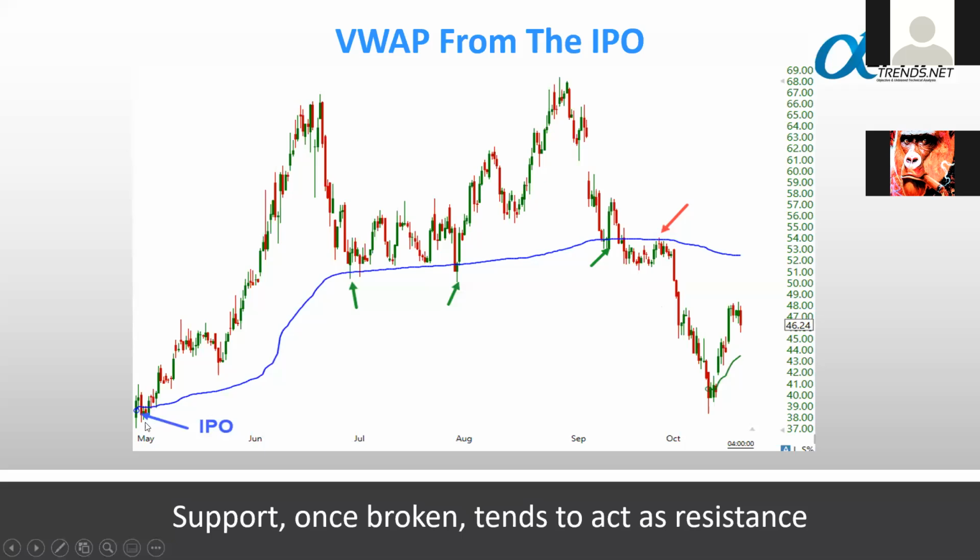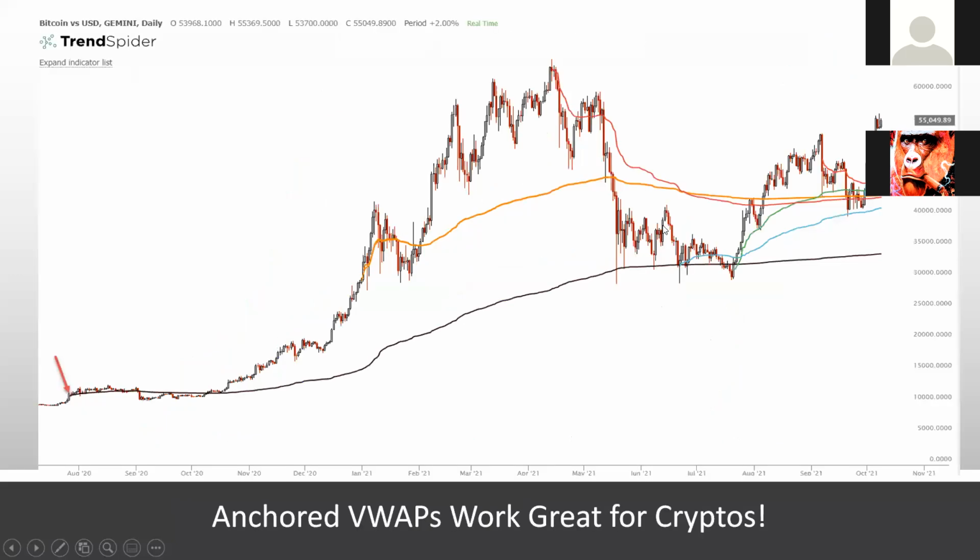So when we see an IPO, it often acts as support. Well, it can also flip and act as resistance, just like traditional support broken tends to act as resistance. And it's mainly psychology. So again, through last Friday, this was Bitcoin and some of the key volume weighted average